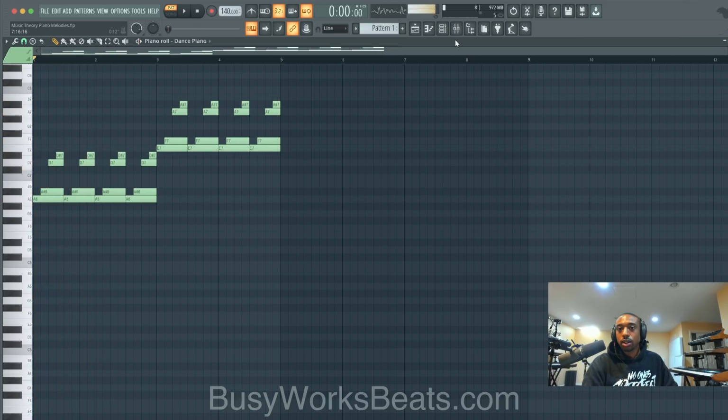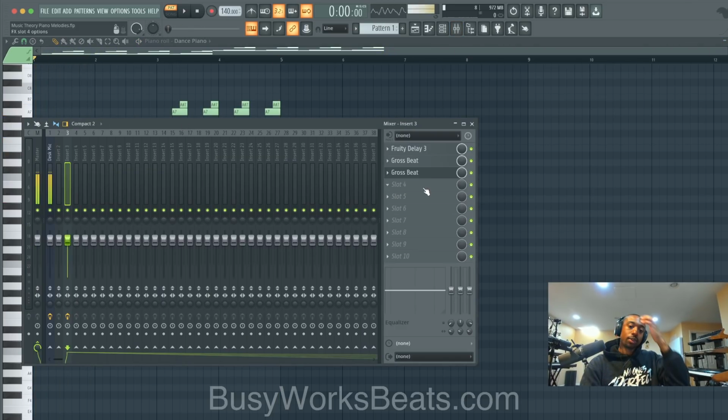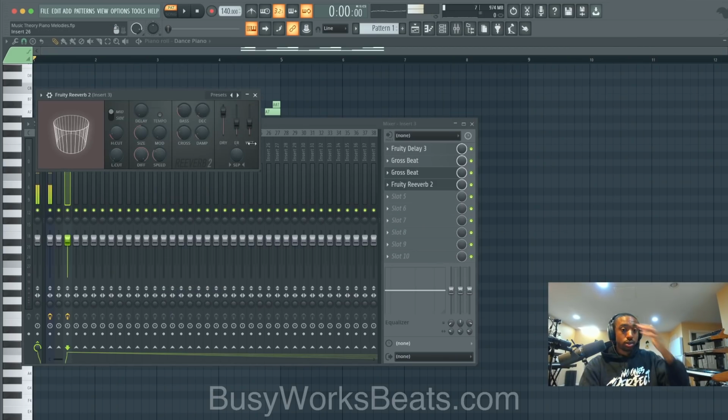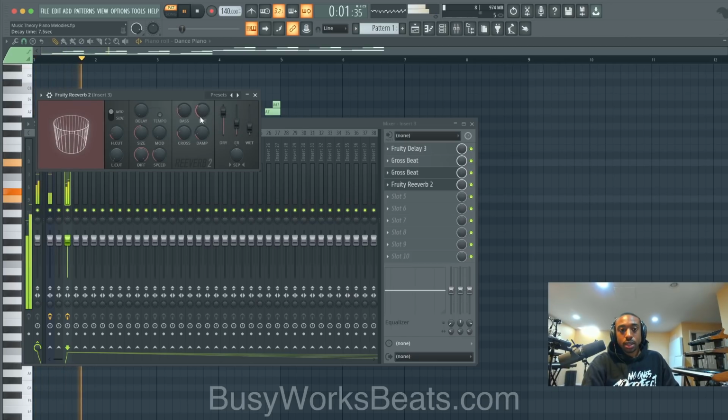Okay, so try that, and then on top of this, you could add reverb. For this example, I'll add reverb directly, but usually I put reverb on a different channel. I don't want to make this complicated. So we're going to add Fruity Reverb 2 and just lower the wet level. Cut the lows. Cut the highs if you can. There's no right or wrong way to do this. And you can add modulation to the reverb. I'm going to add a little pre-delay. You can widen out the reverb.